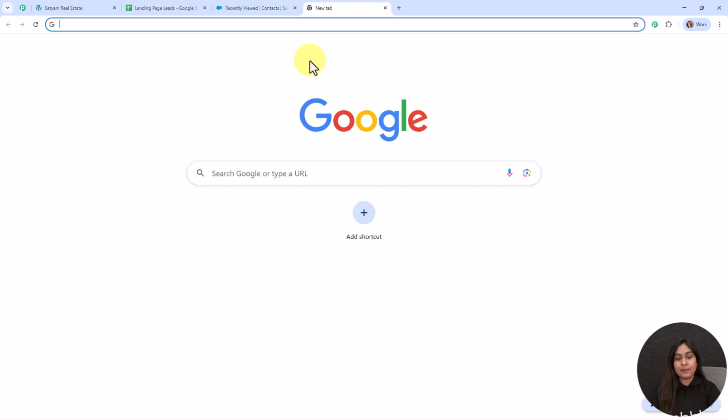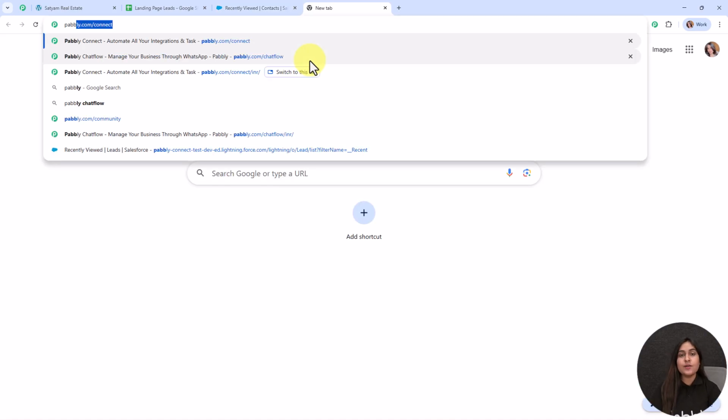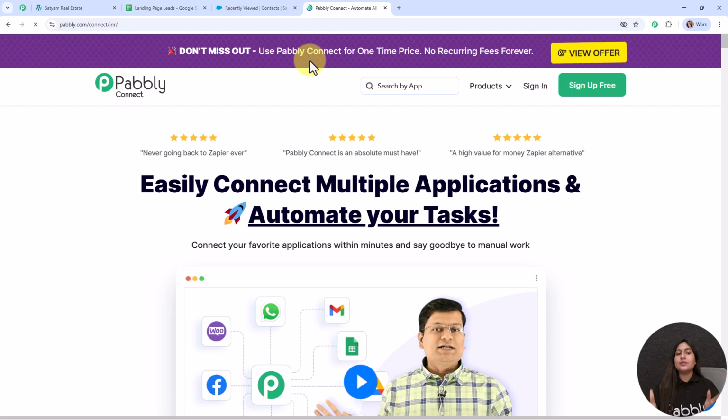To access Pabbly Connect, we need to search for pabbly.com/connect in our browsers, and it will take you to the homepage of Pabbly Connect. So this is the homepage of Pabbly Connect, but before moving forward, let me tell you all about the